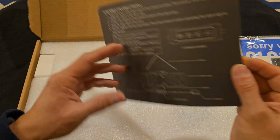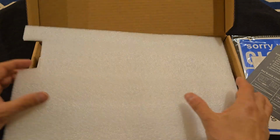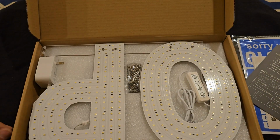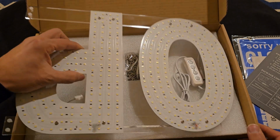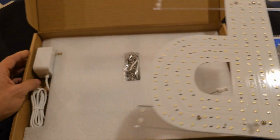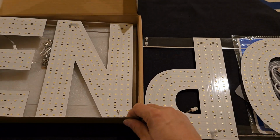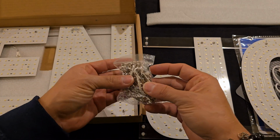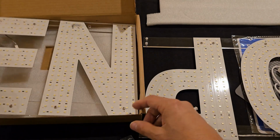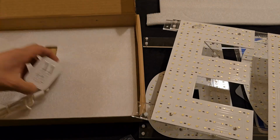Here you have instructions. And finally, you have the open sign. It has a couple of pieces. This is the first one. And then you have this hardware so you can hang it. And then the second piece,